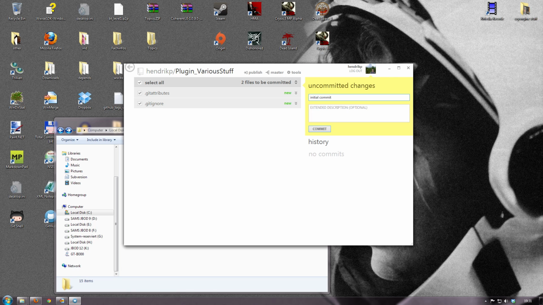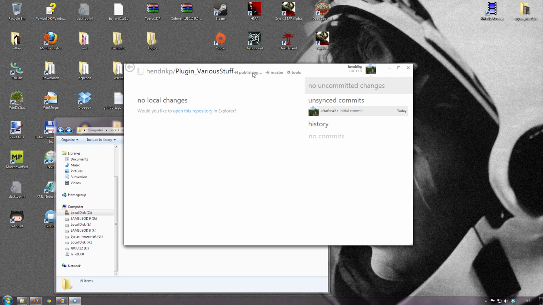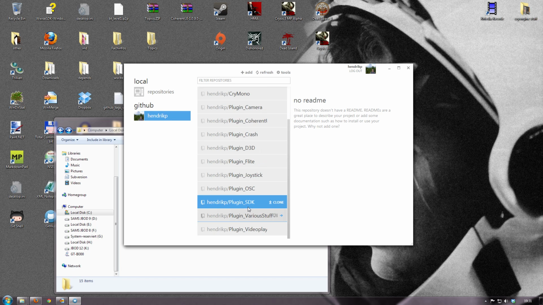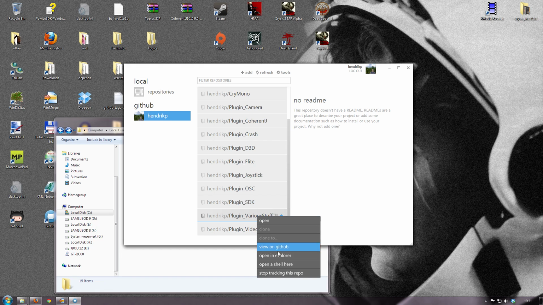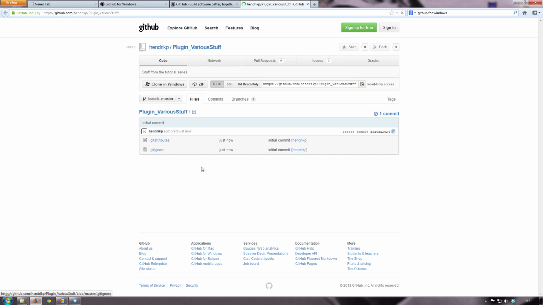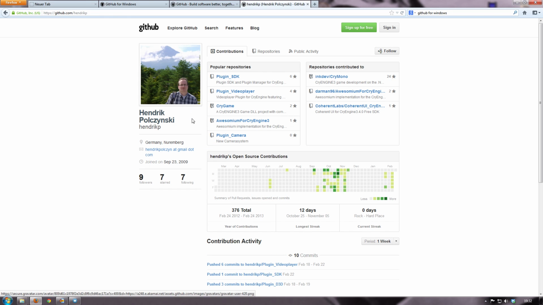Initial commit, publish. That means we have now published the basic startup for the repository. It takes a little bit of time, and now it is available on the internet. We will open it now. Open view on GitHub. So you see now it's visible,